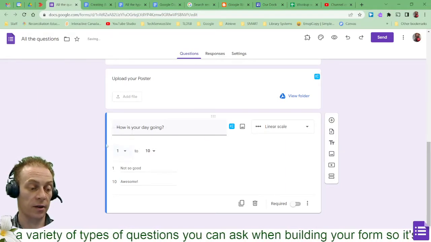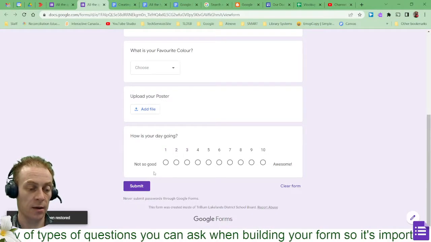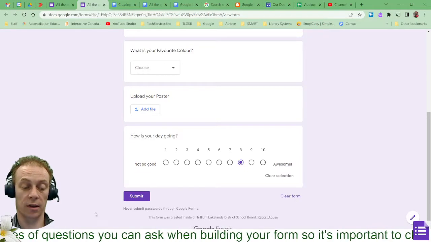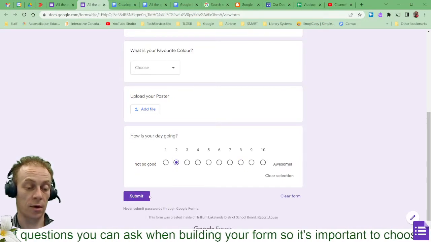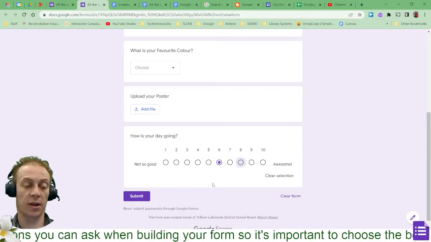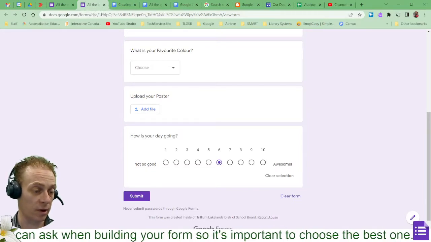And that way they have the choice there when I pop back over to my visual side here and take a look. They're going to get this nice option to just say, oh, I'm having an 8 today. This is a good one. And then submit. Or a 2 and submit. Now, because it's not checkboxes, it's much like the multiple choice option that way. I can only pick one. If I close that